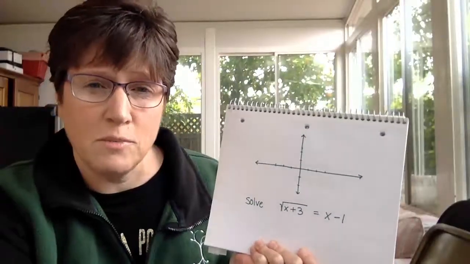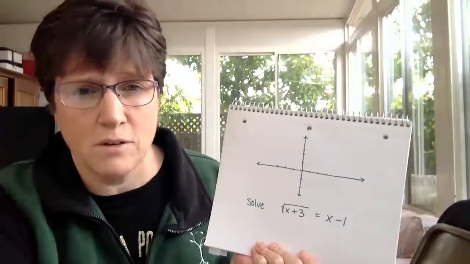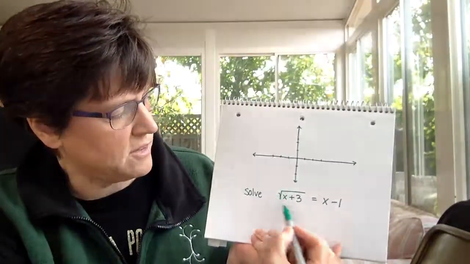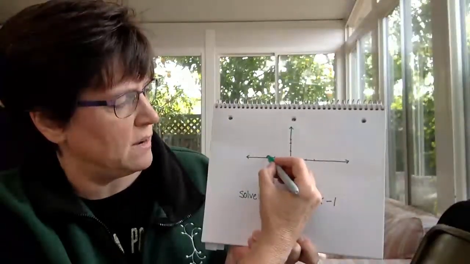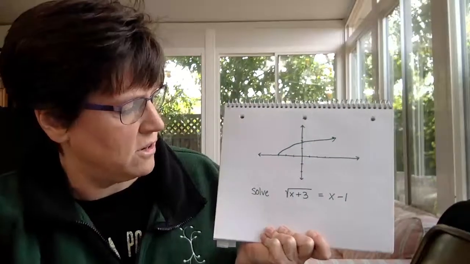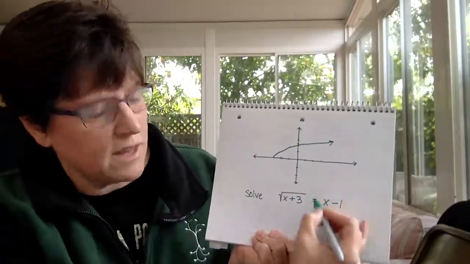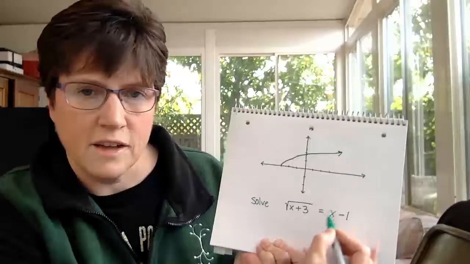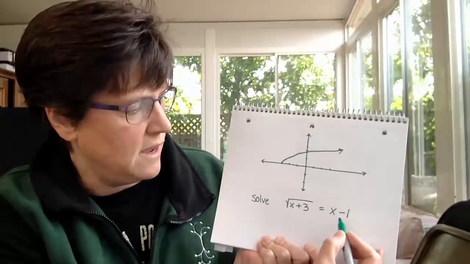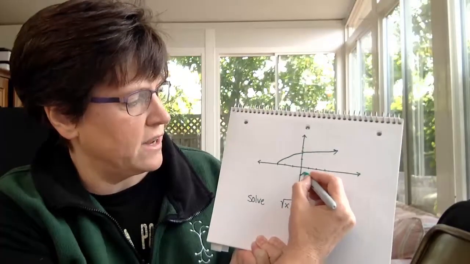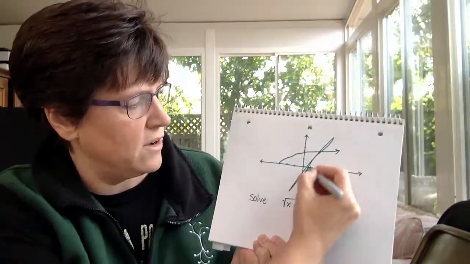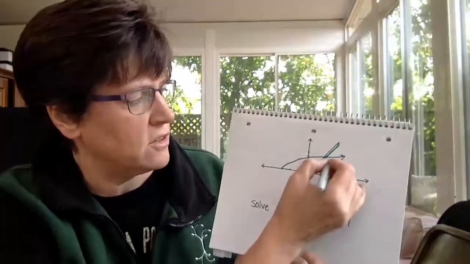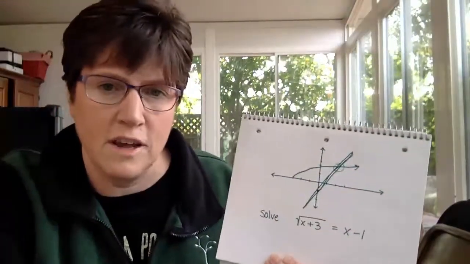And even though you haven't even been through the chapter yet, you actually probably know how to do it with a graph. You can just graph the left side of the function, which will be that hook-shaped graph that I just showed you. You can graph the right side of the function, and you'll do that with your graphing calculator or with Desmos. And that one it's going to turn out will be a straight line, kind of going, ooh, that's not so straight, but you get the idea there. And just like everything else we've studied, the solution comes from the point of intersection, the x-coordinate of the point of